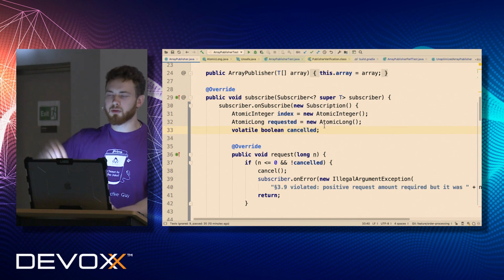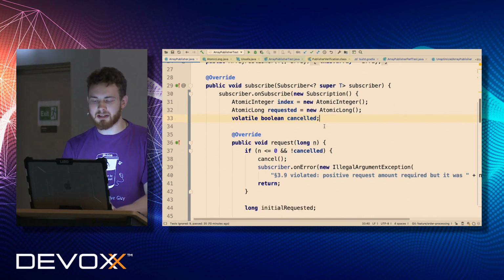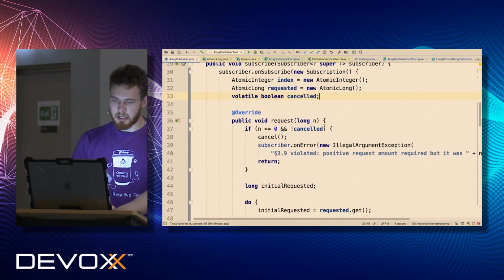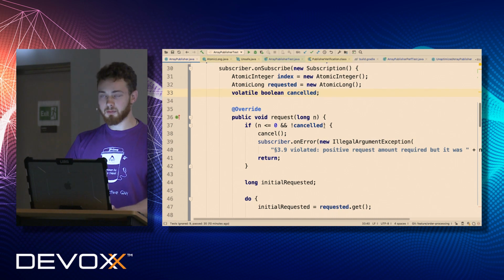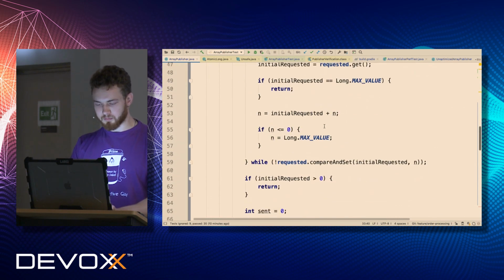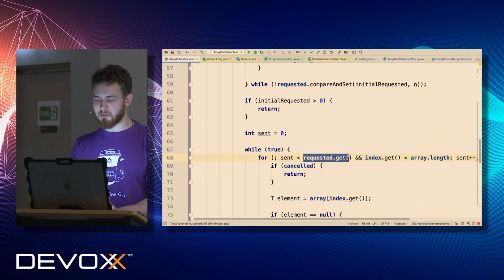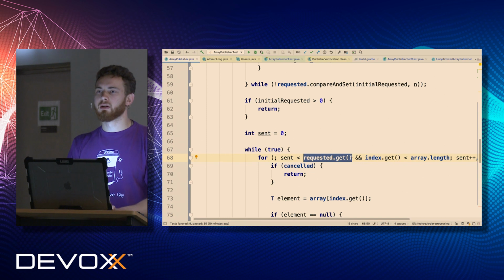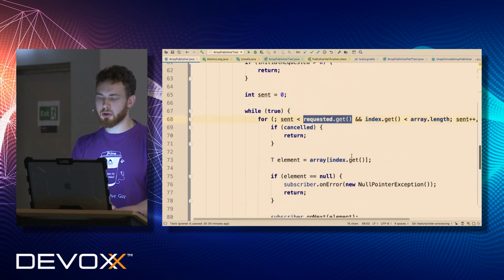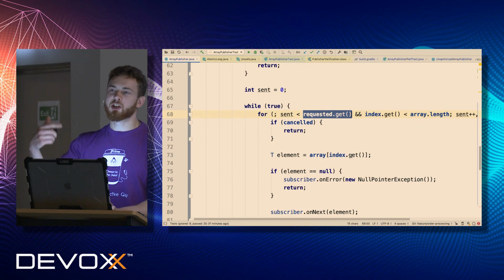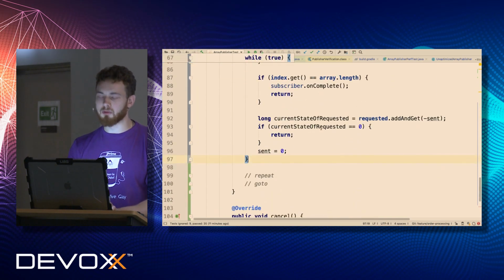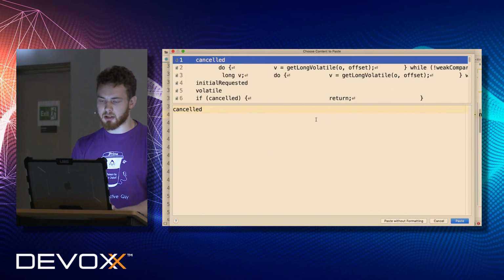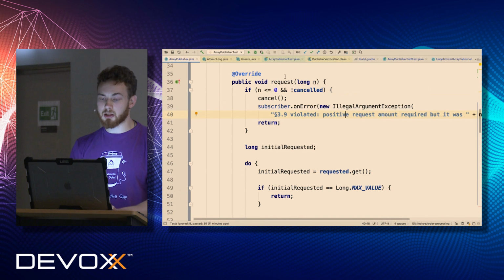So we are going to rerun our performance test once we do a few improvements. Are there any other things we can improve afterwards? What else can we improve? Do we need to read requested? Do we need to do a volatile read here on every loop? Can we read once at some point in time and then refresh the state on every loop of our while? So let's just consider the execution path.